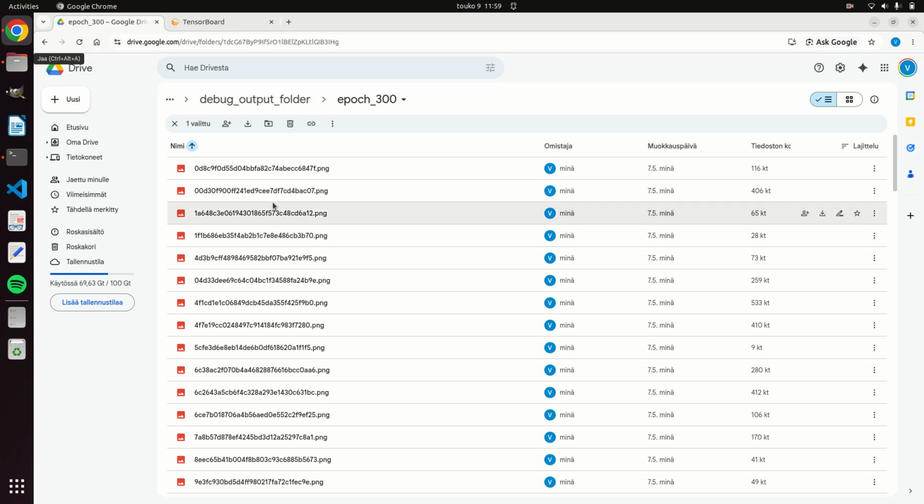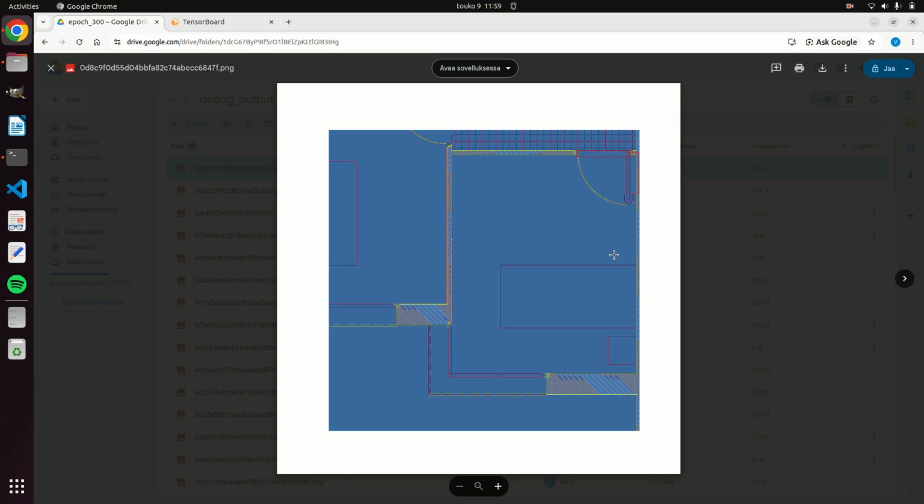So after every 15 epochs, I've stored the region proposal network output and also the final detections from during inference. So let's see what's happening there. Okay, so this looks pretty good. We can see that all the doors are detected, not that many